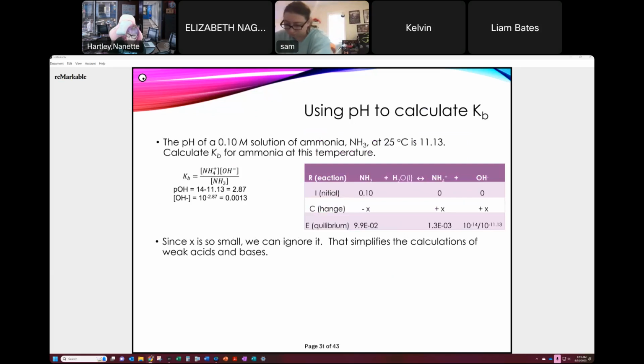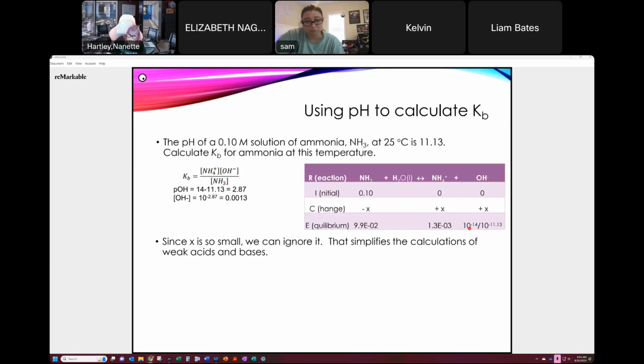We can use pH to calculate Kb, similar to what we just did. We have a 0.1 molar solution of ammonia. The pH is 11.13. Calculate Kb for ammonia at this temperature. Now my Kb is equal to NH4 plus times OH minus over NH3. I'm given a pH, so I can't really use that as is to get this OH minus concentration, but I